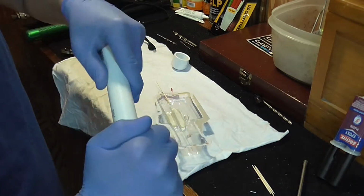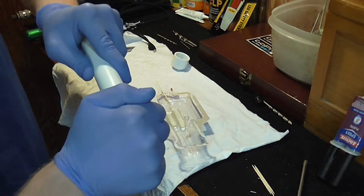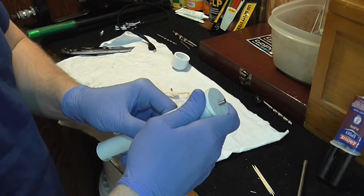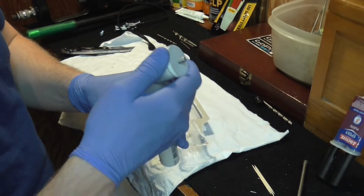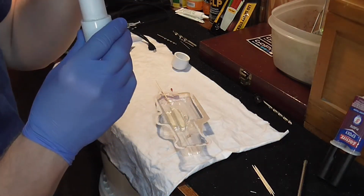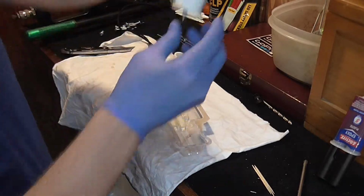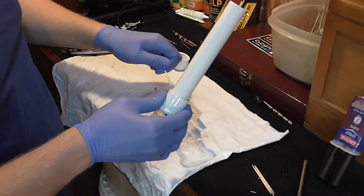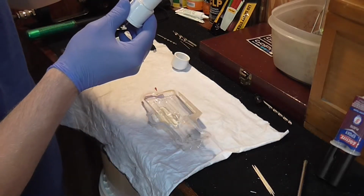It is a little bit lopsided because I did get the sanding points a little goofy. That being said, let's make sure it's set right. We're just going to take